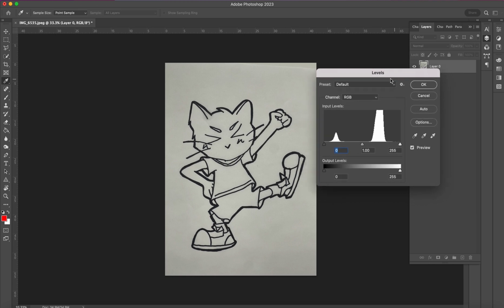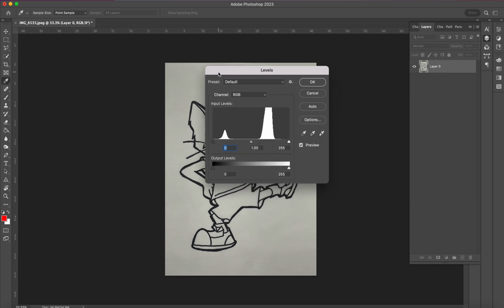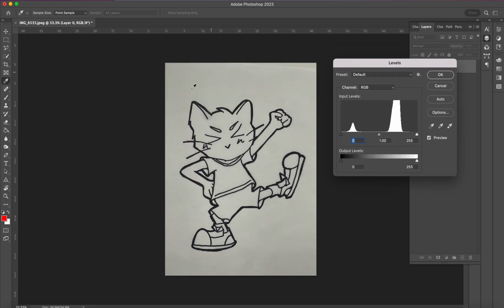Tap the letter L, and then a levels window should open up. Now you can move that to the side so you can still see your work. When you open up that levels window, you're going to see the preset set to default, and there's an input level window, which is like a graph almost,